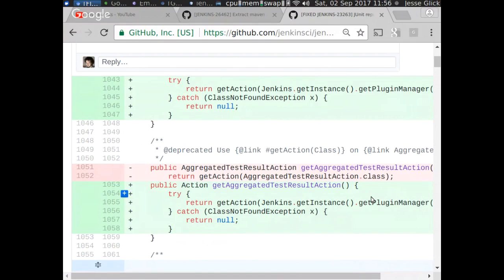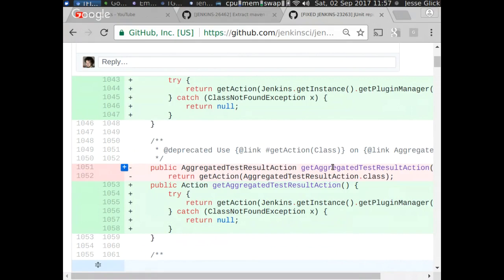So this gets the test results for a given freestyle type build. Totally useless method as it turns out. It's not even necessary for type safety because get action takes a type parameter, so the return type is well typed to the type that you're asking for anyway. So basically a completely useless method, but